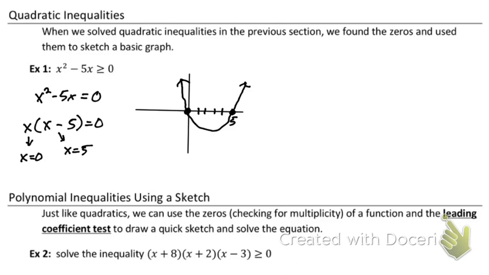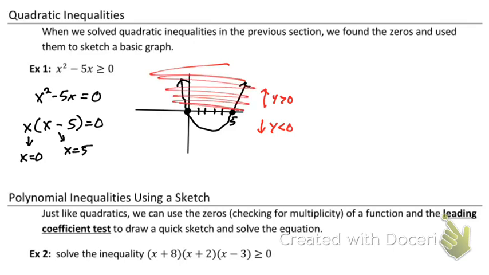All right. Now it's asking, when is that greater than or equal to 0? Just a quick reminder, they're basically asking, when is y greater than 0? Well, y is greater than 0 anything up here. Y is less than 0 anywhere below. So they're looking for everything that's up here. That's that greater than or equal to 0. So on my graph, I'm talking about that leg